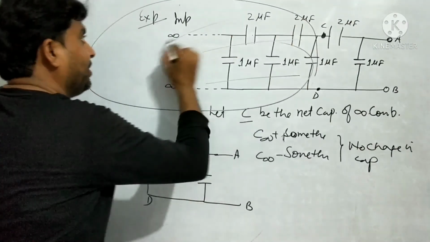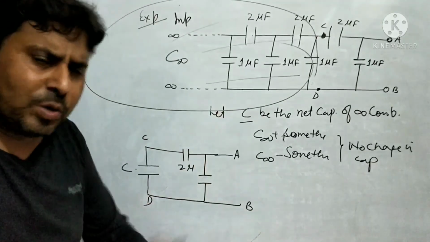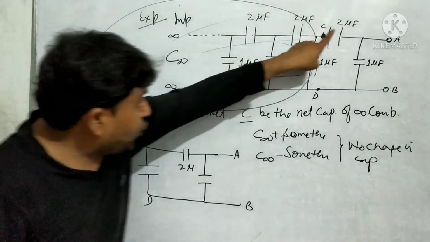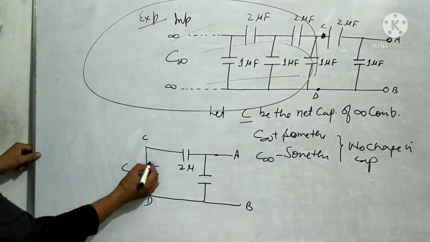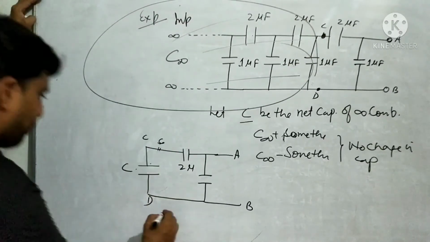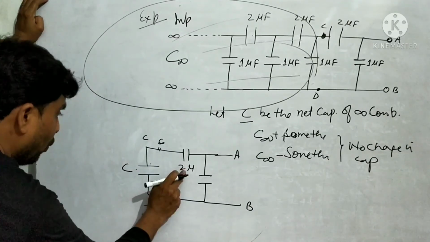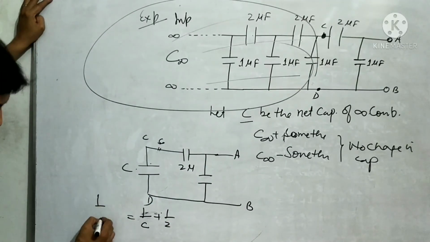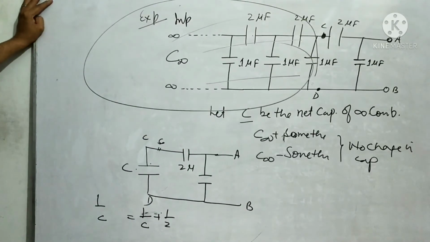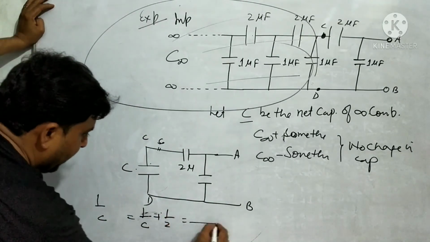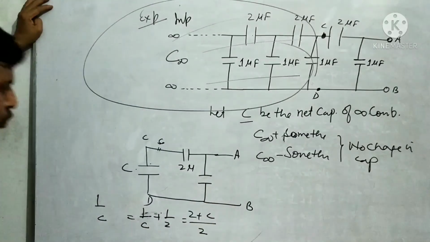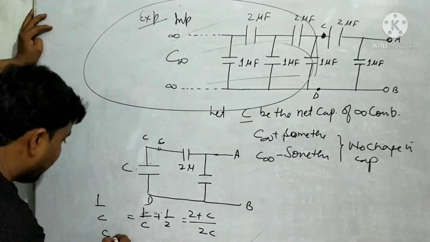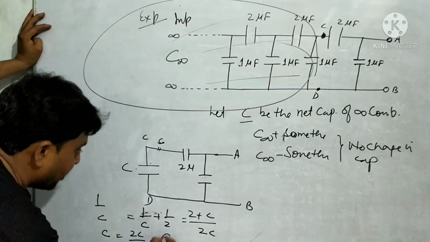So in the combination on this side, whatever the net capacitance C is, whether you add or subtract something, no change. That's why C here, and then 2 and then 1. Such 2 microfarad connects here in series. So C plus 2 microfarad in series: 1 upon C plus 1 upon 2, that is 1 upon C. So 1 upon C plus 1 upon 2, the LCM will be 2C, that is 2 plus C. Then C equal to 2C over 2 plus C, equation number 1.